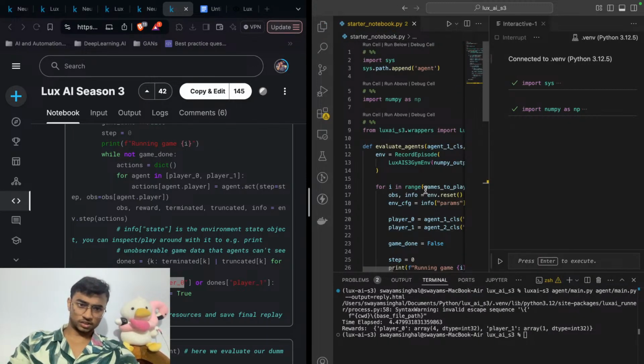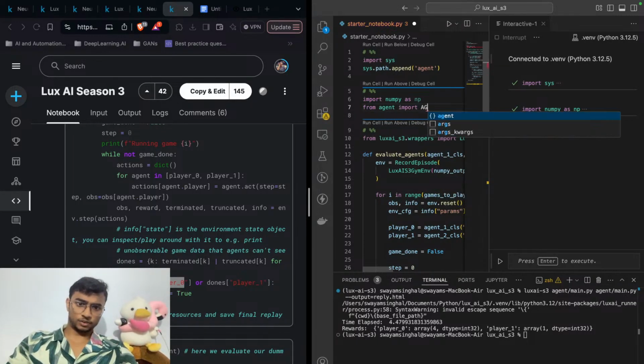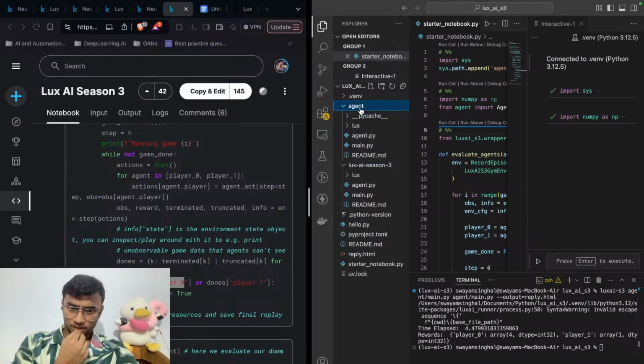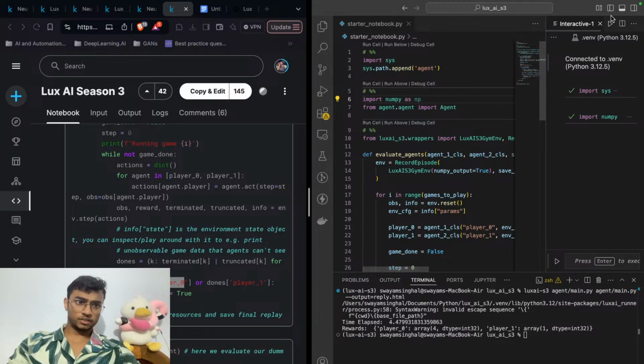Yeah, and we just want to import agent. No, not that. There was an agent.agent import Agent. Yeah, this will work now. So let's see how well we are doing right now. So let's restart this,